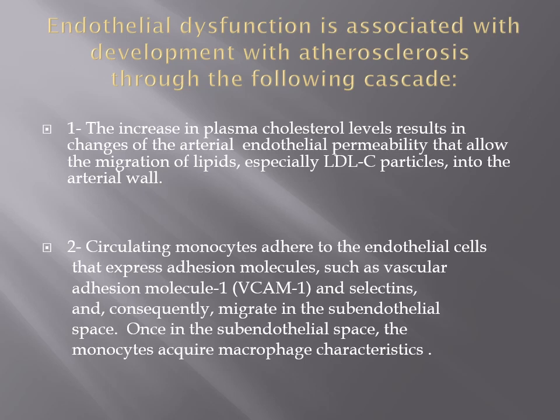Number 2, circulating blood monocytes get adherent to the endothelial wall because the dysfunctional endothelium produces certain substances called adhesion molecules such as vascular cell adhesion molecule and intracellular adhesion molecule, and selectins, particularly selectin P. Then after getting adherent, they undergo migration into the subendothelial space. Once in the subendothelial space, they acquire